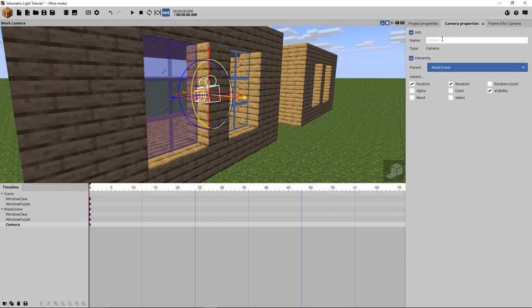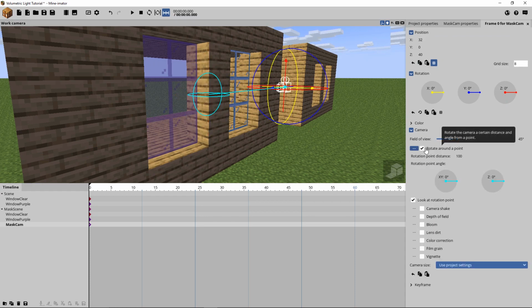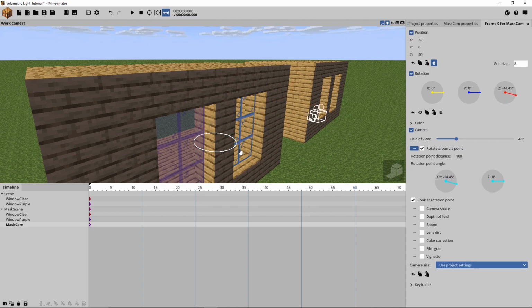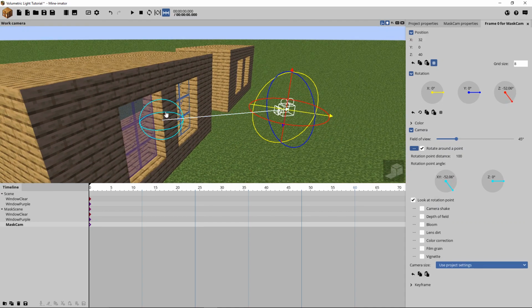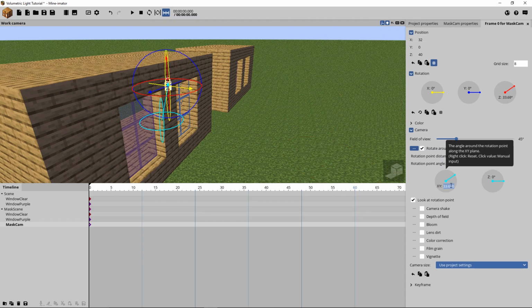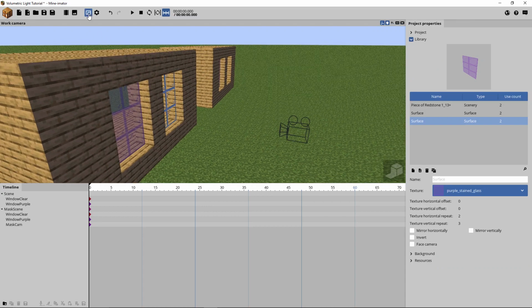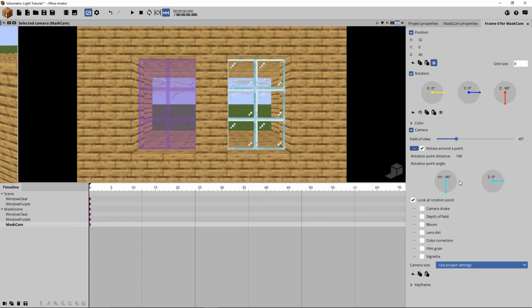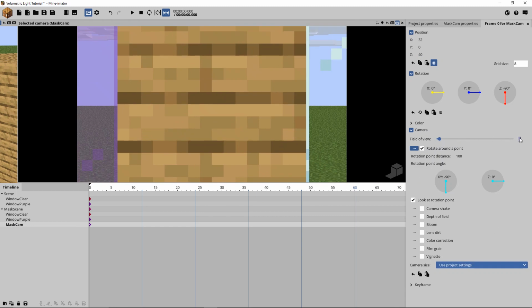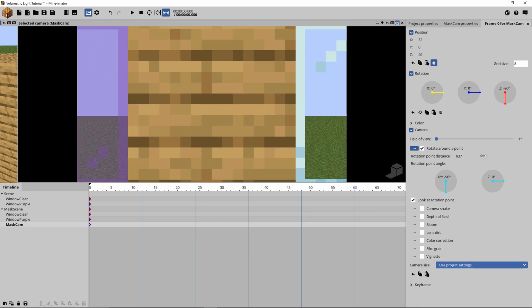Then we probably want to name this camera something like mask cam, and then we enable rotate around a point and make sure that the camera is viewing through the windows from outside. So this in our case is minus 90 degrees here, and then we should go into the camera and set the field of view to 1, and then we want to go out until